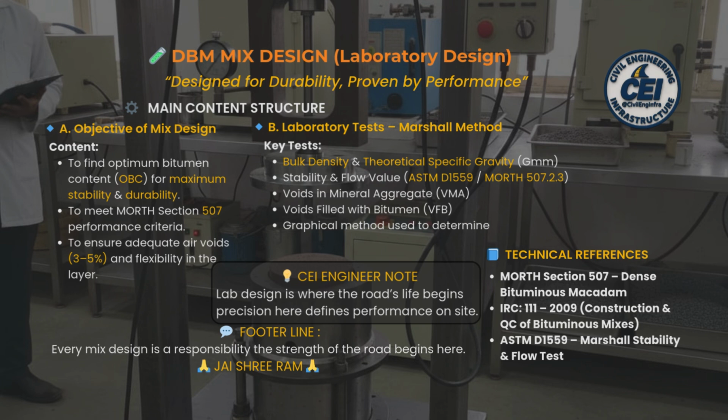Meeting MoRTH Section 507 performance criteria. Maintain air voids between 3-5% for flexibility and strength. B. Laboratory tests, Marshall method. Key lab tests include bulk density and theoretical specific gravity, GMM. Stability and flow value, ASTM D1559, MoRTH